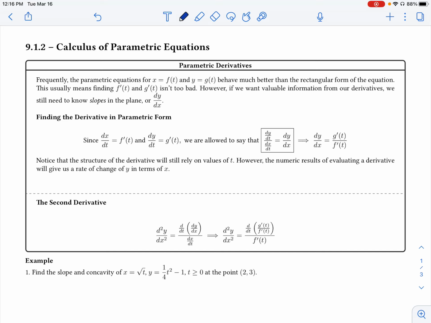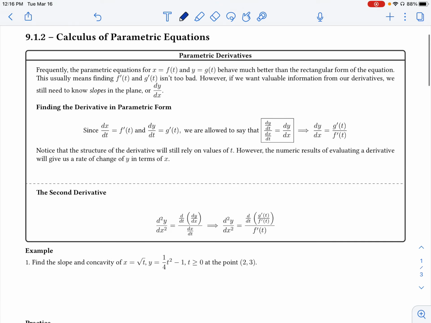So today we're going to talk about the calculus of parametric functions, and we're going to start by looking at the derivatives of parametric equations. Now, again, if you remember what a parametric equation is, they are simply equations written with respect to some parameter. So we can say that x, for example, is a function of some parameter t. And we can also say that y is some other function of t. And these parametric equations give us really valuable information, and they typically behave much better than the rectangular form